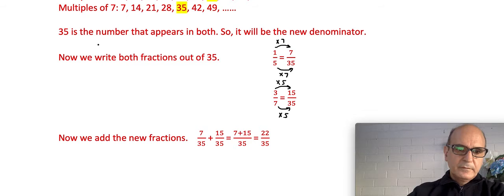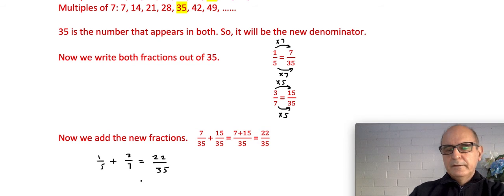So 1/5 plus 3/7 is equal to 22 over 35. That is the